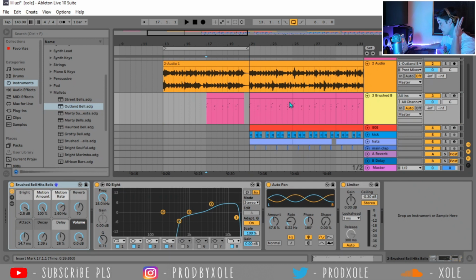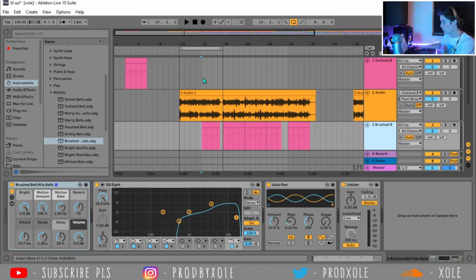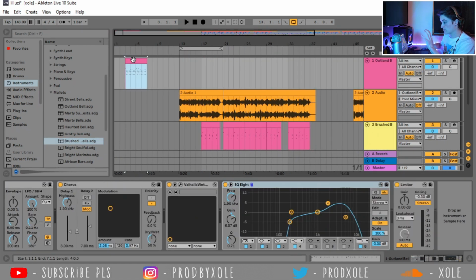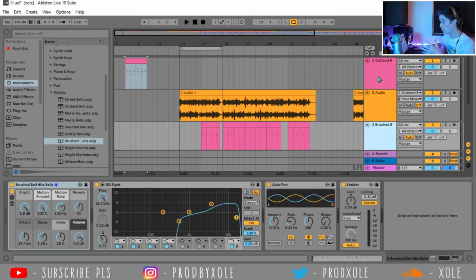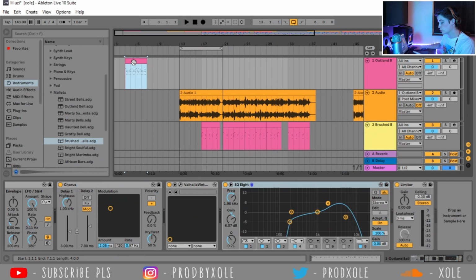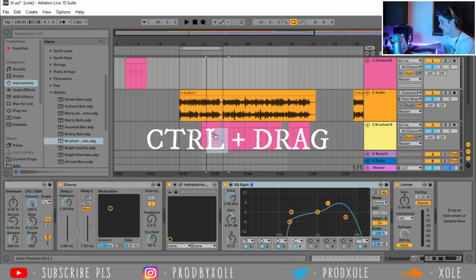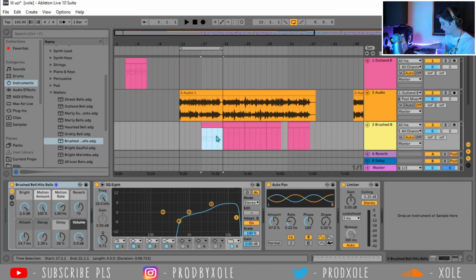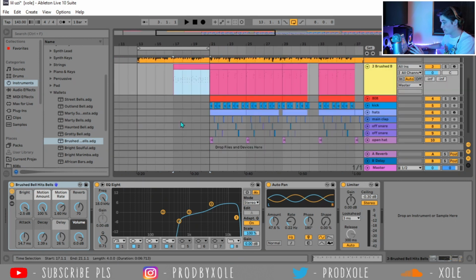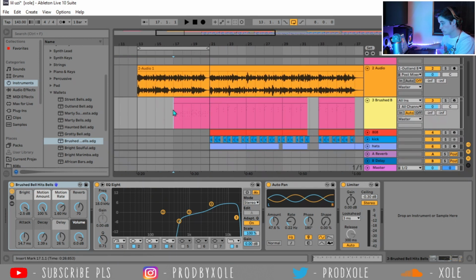So I threw in another mallet, the brushed bell, right there, and I went over here, grabbed this loop because I wanted the second instrument to follow the first instrument. So I grabbed this loop, hold down Control, dragged it down here, and now what you're gonna see is both of them playing the same notes,